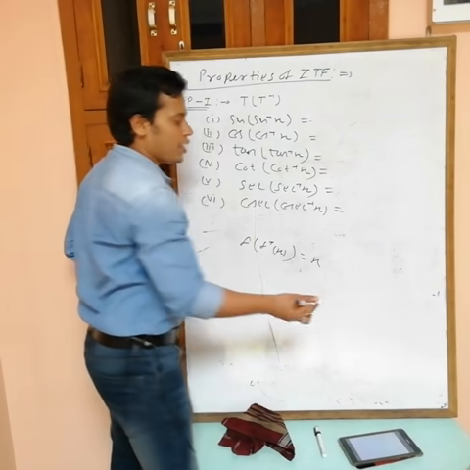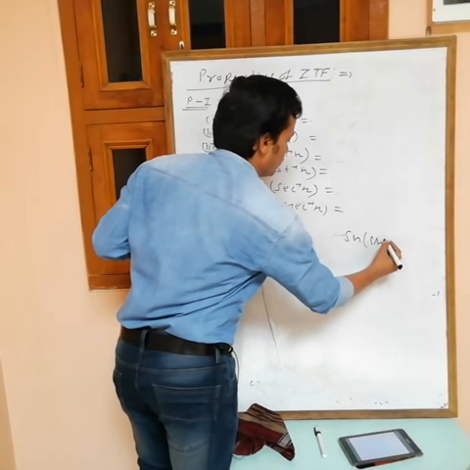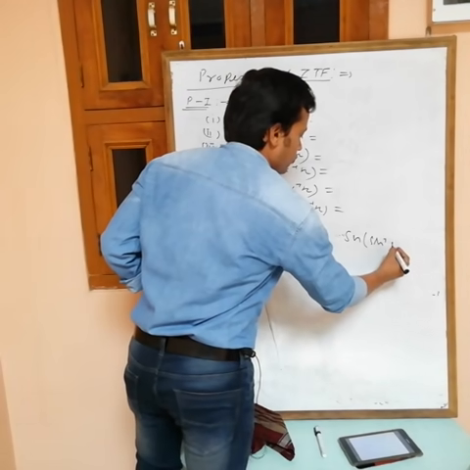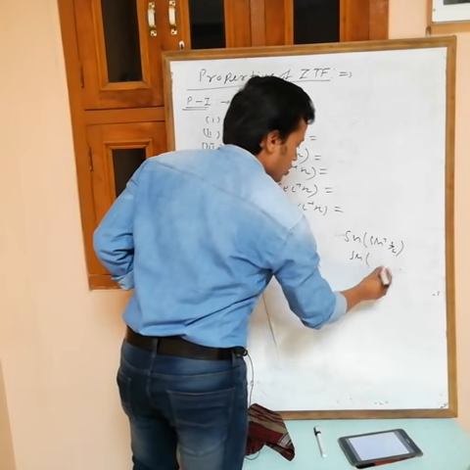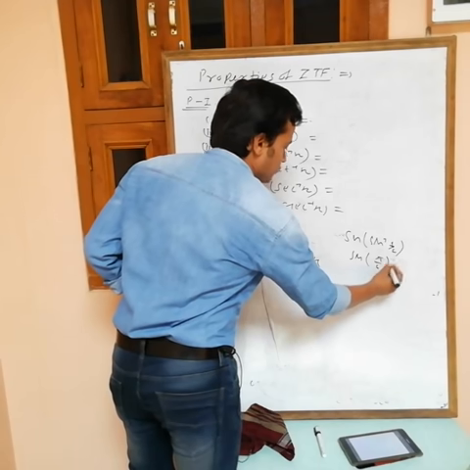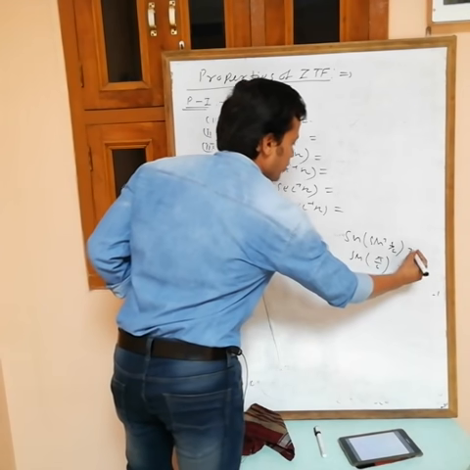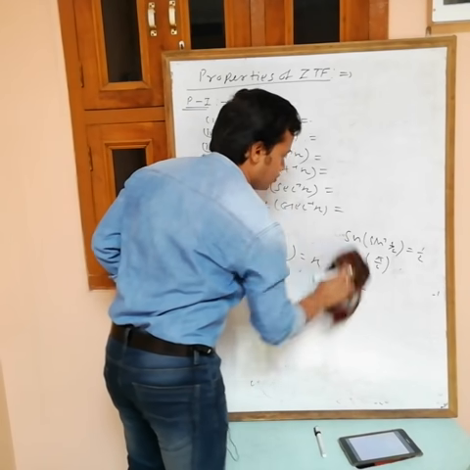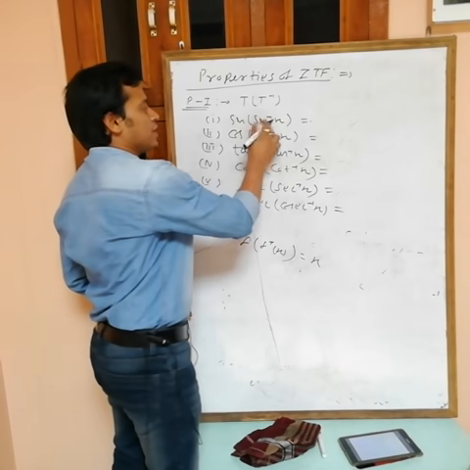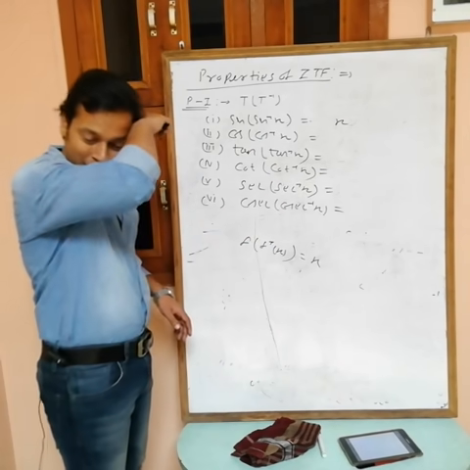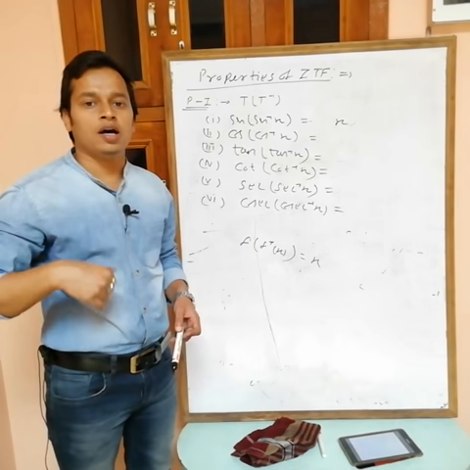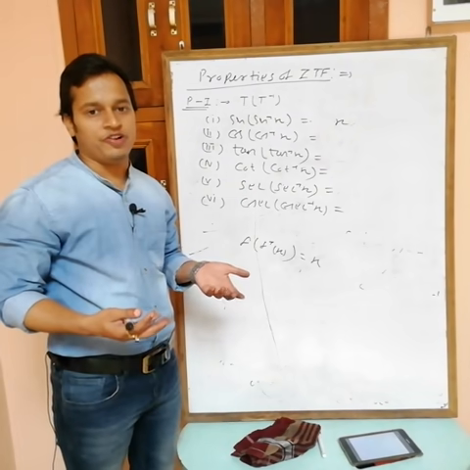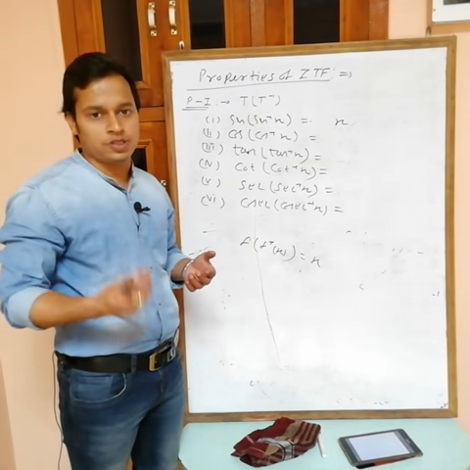They cancel out. For example, see, sine of sine inverse, put any value of x to check. Suppose I am putting 1 by 2. Sine inverse 1 by 2 is pi by 6. Then sine pi by 6 is 1 by 2. So see, what are we getting? The value is 1 by 2. Sine of sine inverse x is equal to x. Okay. But actually after this we have to remember the condition. Here sine inverse x, so the function must be defined. Okay, the value is the other thing. First thing, the function must be defined.